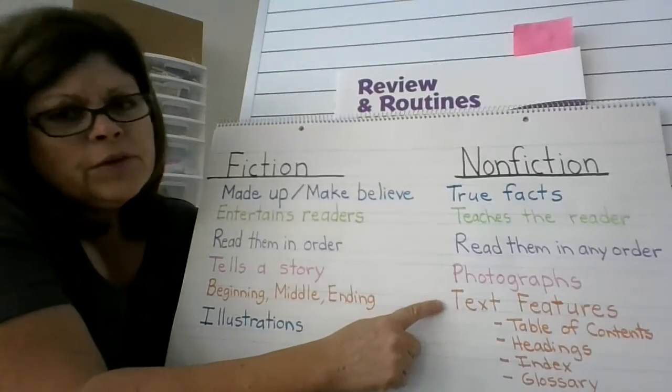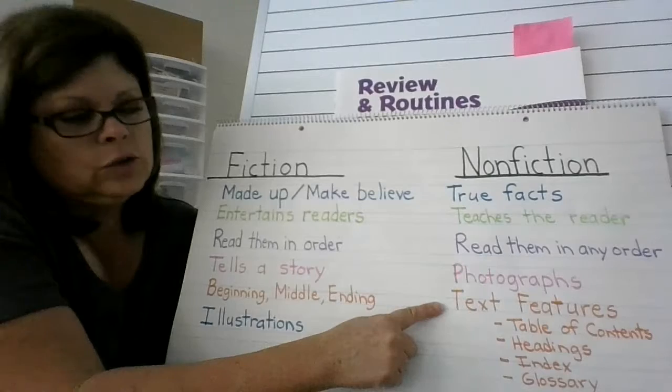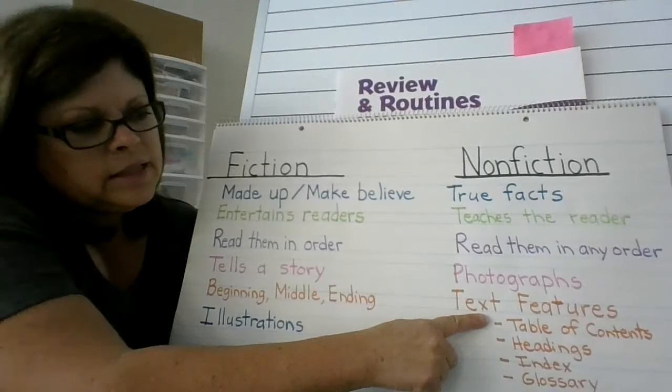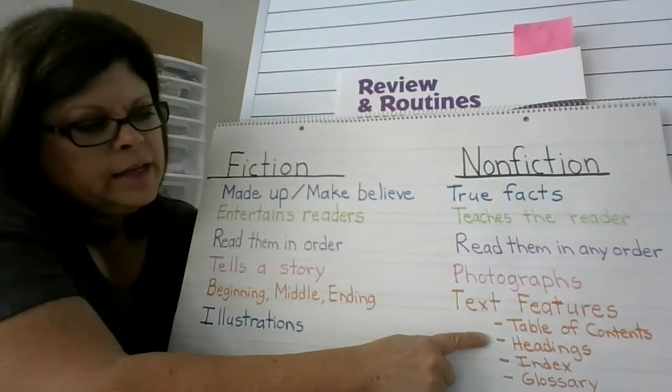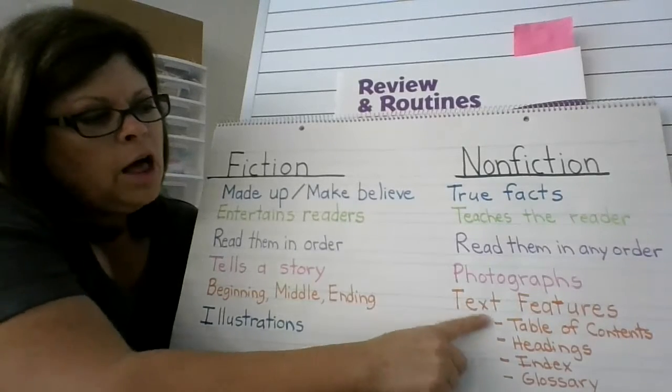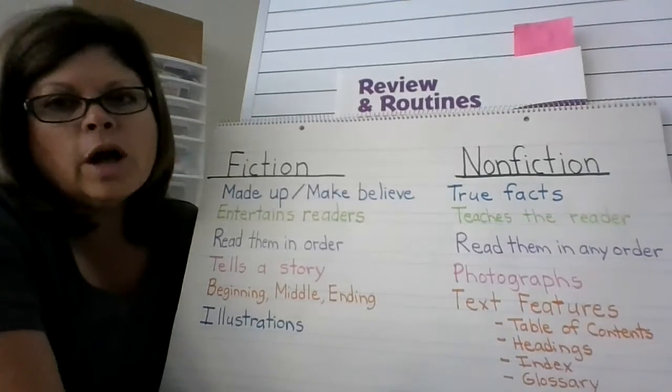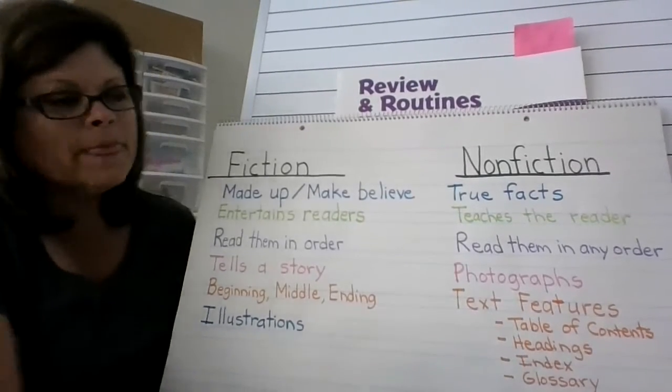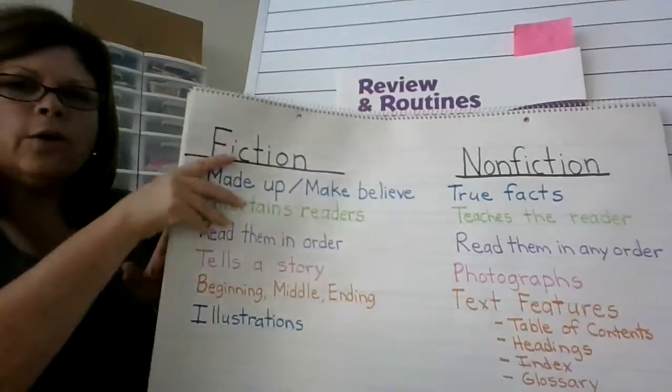And they had something very important. They had text features. We talked about the table of contents, and we'll talk about the headings and the index, and eventually we'll get to the glossary. But all these things in orange are what we call text features. I'm going to move this for now,